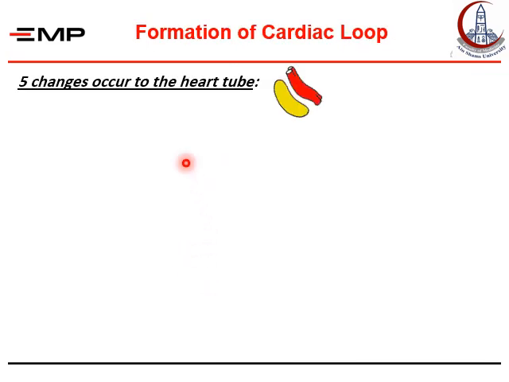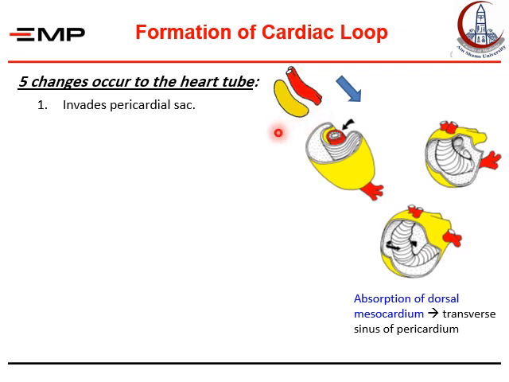Now let's come to see how this endocardial heart tube and pericardial sac will form the early heart, which is called the cardiac loop. 5 changes take place here. First of all, this endocardial heart tube, which was outside the pericardial sac, will invade the pericardial sac. It will be pushed inside it as you push the fist of your hand inside a balloon. So this shows that the pericardial sac will come to surround the endocardial heart tube, forming visceral layer, parietal layer,